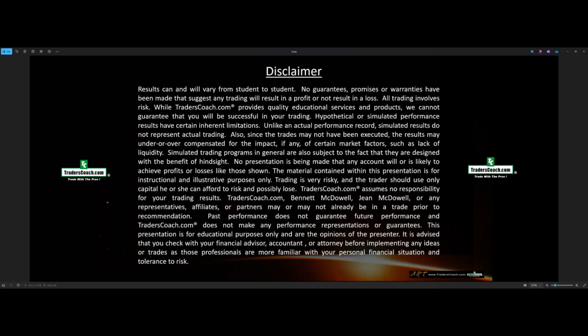The other thing is to always check with your financial advisor, accountant, or whoever manages your money, because I'm going to be talking about some ideas here that you may want to act on. We may even look at a stock or whatever, but I don't want you to act on that information based purely on what I'm saying, because I don't know your personal situation. So definitely always check with them.